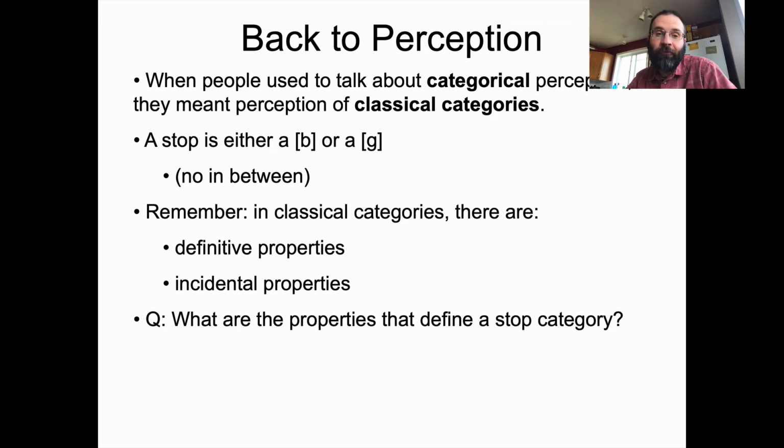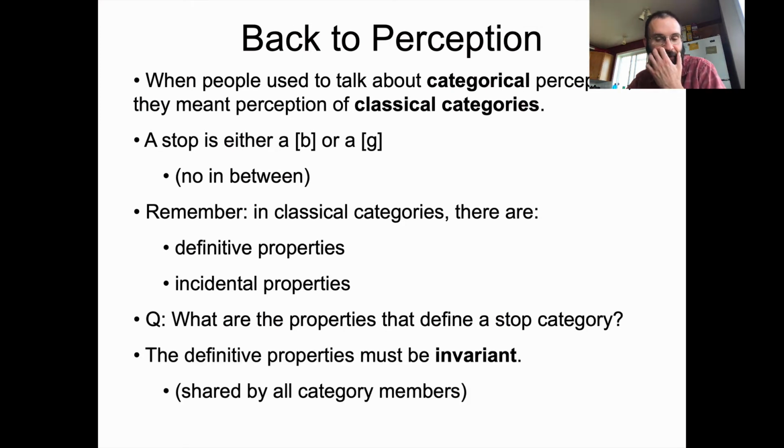And maybe that works better for ba than it does for most other categories of sound, or at least consonantal sounds. But the thrust of the matter is that you're making this intellectual assumption that the definitive properties you're looking for have to be invariant. They have to be shared by all category members. So even if you can't find something that's consistent every single time for a b,